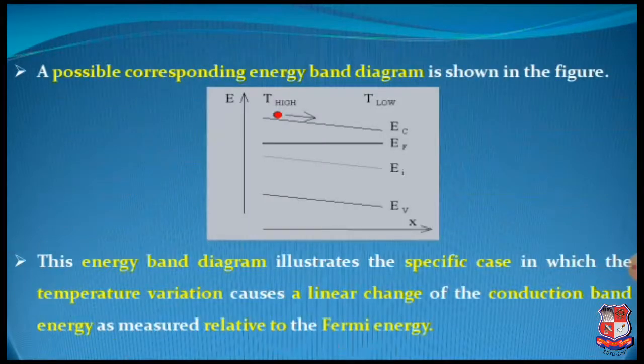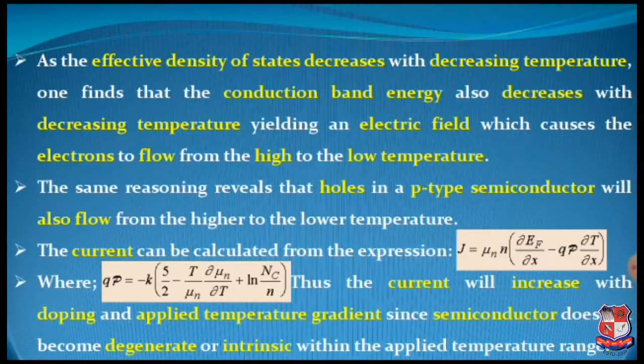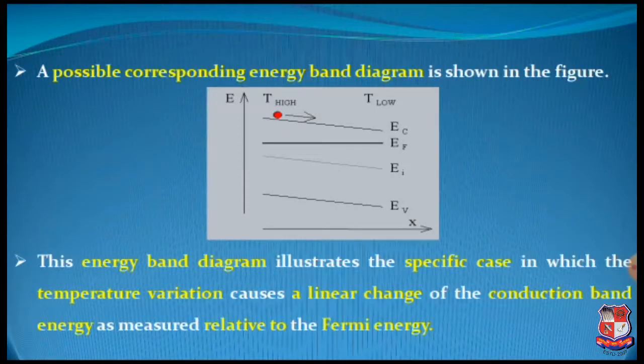As can be seen from this figure, the red icon reflects the motion of electrons throughout the energy band, and as the energy decreases, the temperature also decreases. The same reasoning reveals that holes in a p-type semiconductor will also flow from the higher to the lower temperature, as can be confirmed from the valence band energy. Thus, this important mechanism